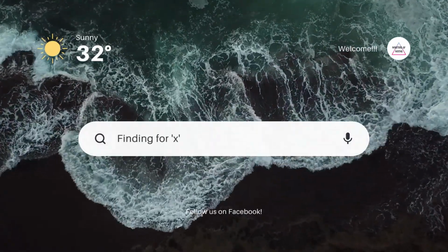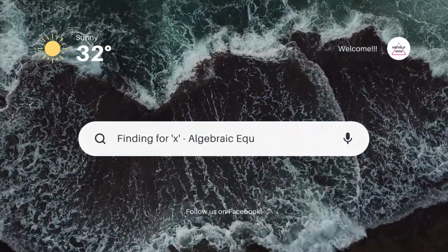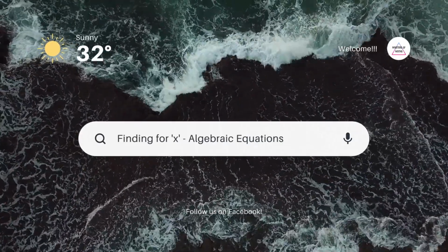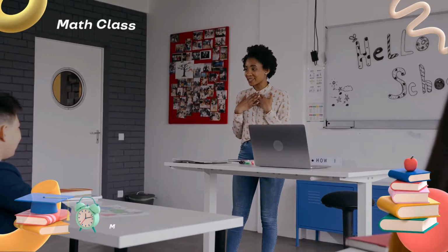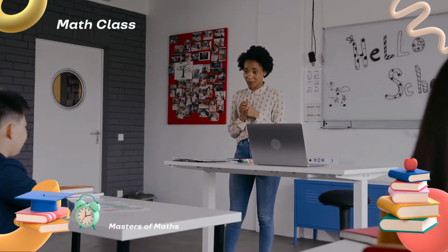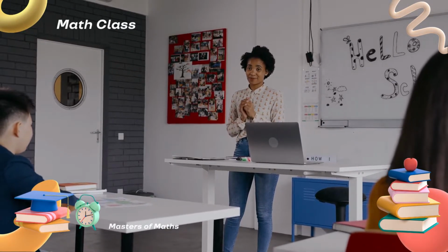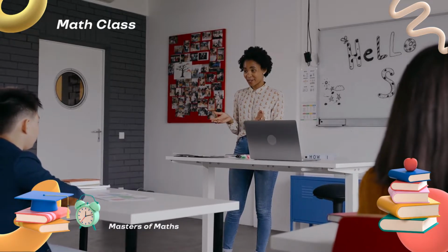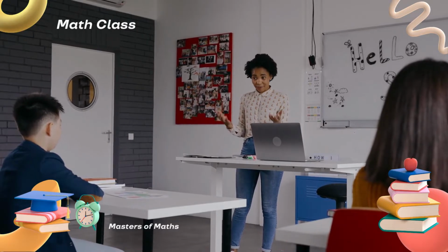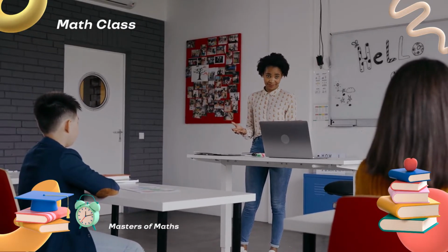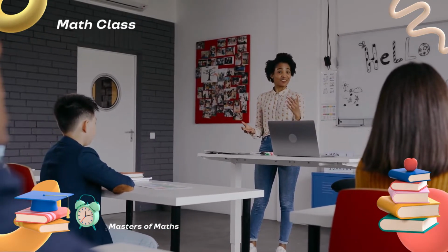Today, we will be searching for x's. That's right. We are finding x in algebraic equations. Some key points to take away before we work some examples are: algebra introduces the element of the unknown. When we don't know the unknown, we use a letter to represent the unknown value that is most likely x